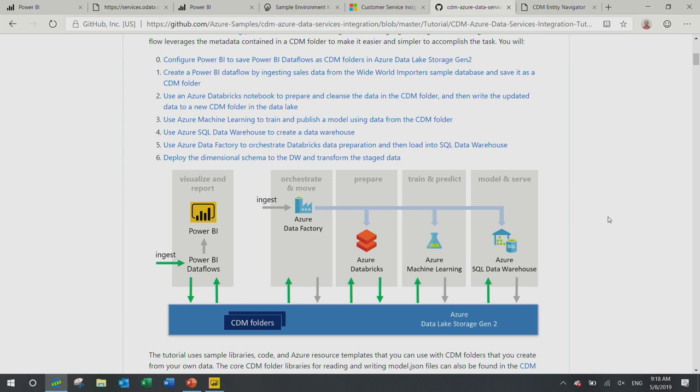The result of your processing job again ends up as a CDM folder that has metadata associated, which you can then take to Azure Machine Learning. From Azure Machine Learning, you can create a machine learning model over your data. The result, again, is something that you can then use for further processing.